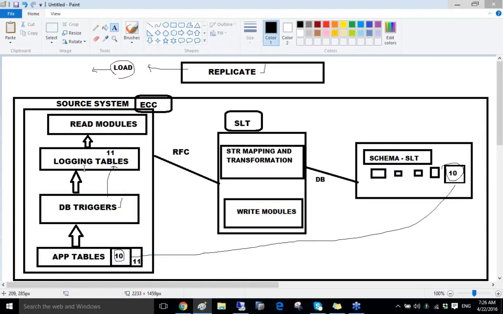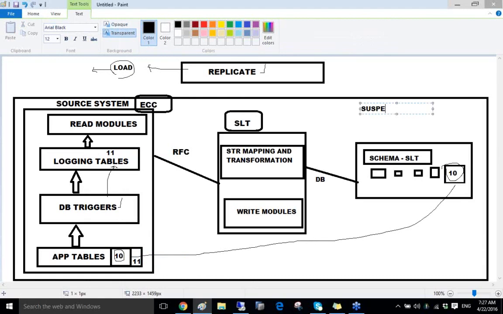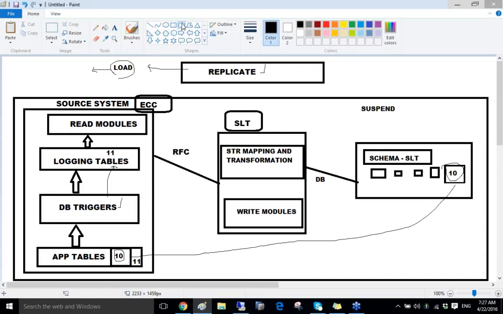Logging tables are also known as queue tables. So what is the purpose of the logging table here? Yesterday we discussed an option called suspend. Suspend is a temporary halt of data. Whenever we want to halt data temporarily, for example,